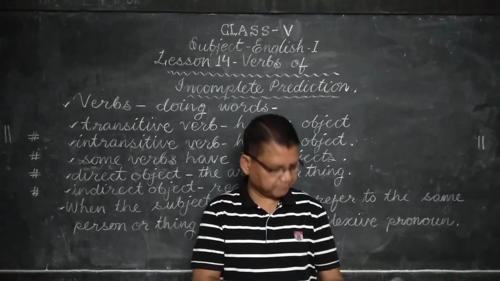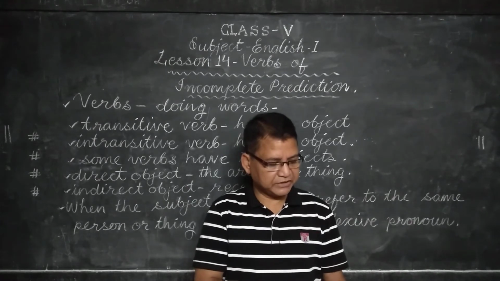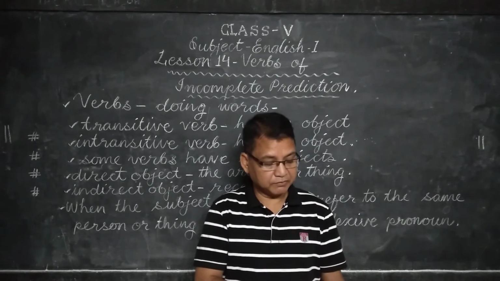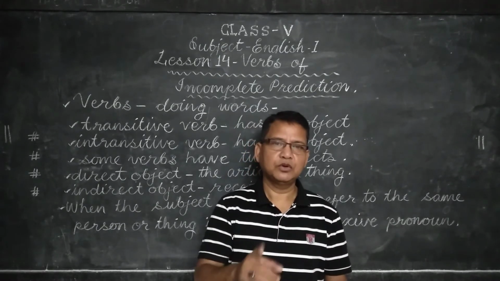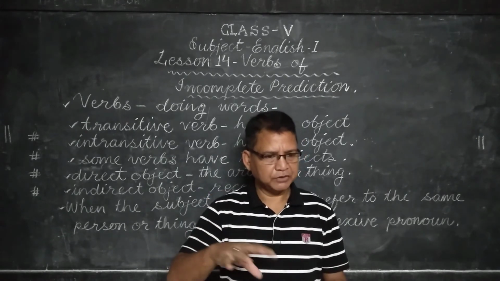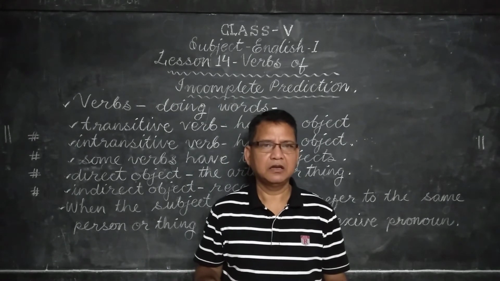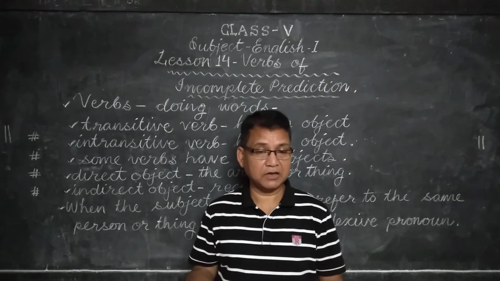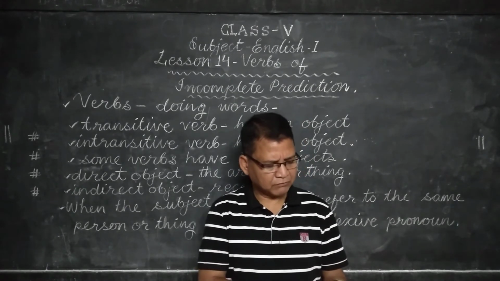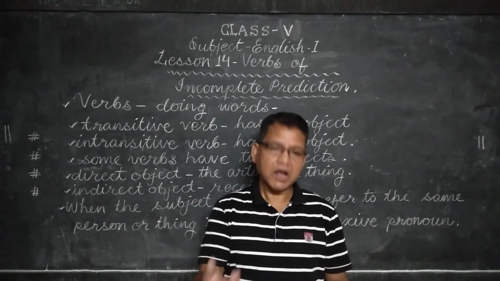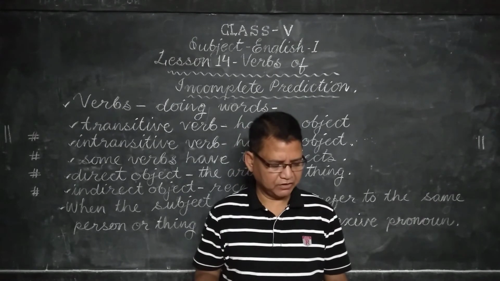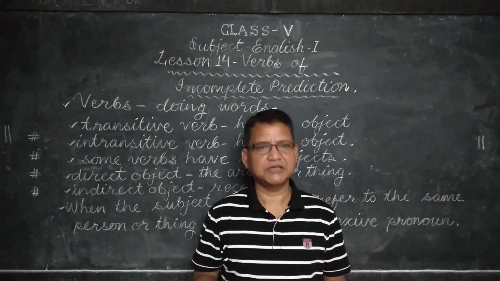Then move on to the next page. A transitive verb which needs the help of some more words to complete what is said about its object is also called a verb of incomplete predication. I told you a sentence is complete transitive when the object is there. But sometimes it may not give you the full meaning. So when some more words are to be added after the object to make complete sense, it is called incomplete predication.